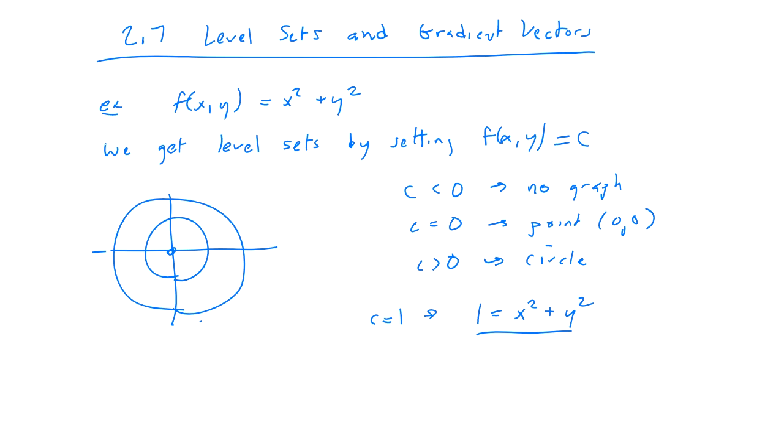Whereas if I ask what is the level set for the original one, z is equal to x squared plus y squared, I'd be getting a tangent plane because I have something that's three-dimensional. So by setting the function equal to a constant, I've lost a dimension, and so on. So looking at the level set, and this is c equals 1 and 2,